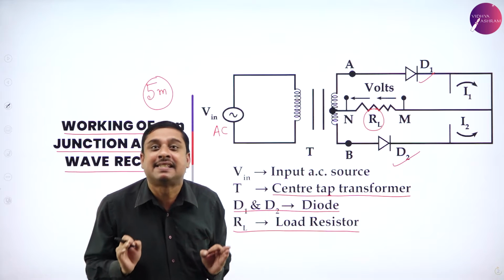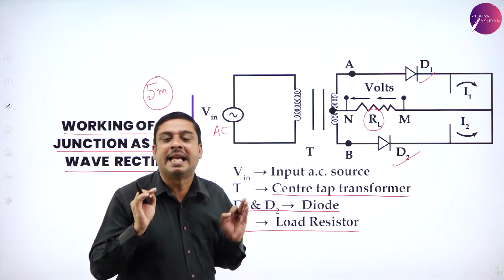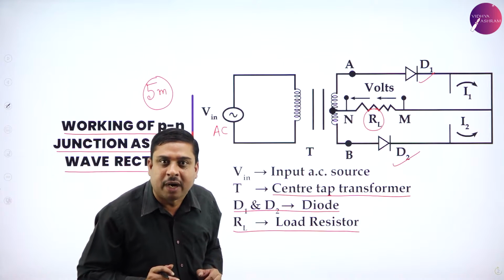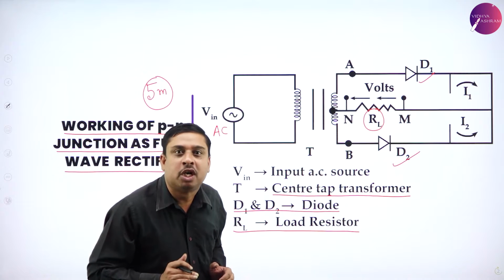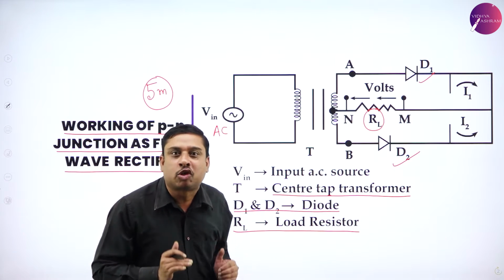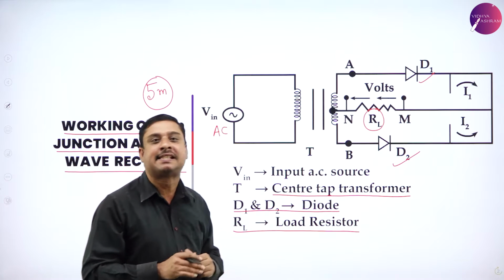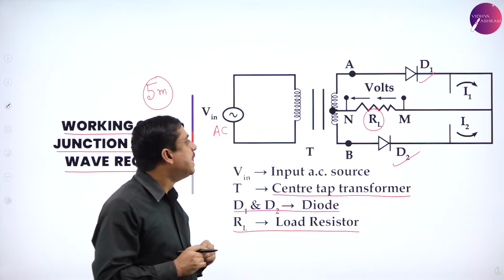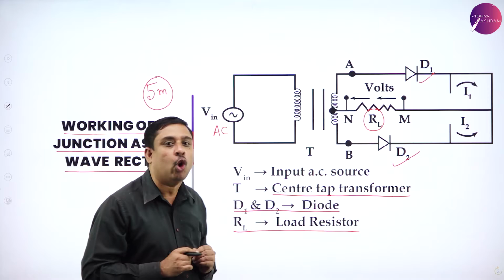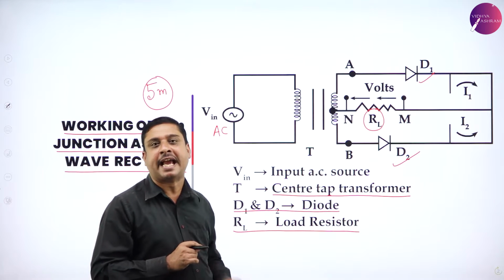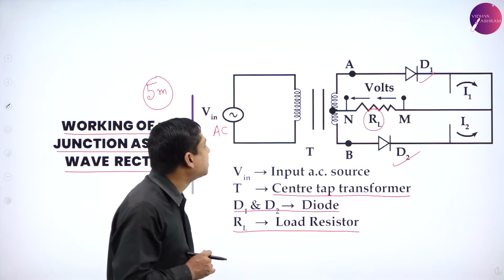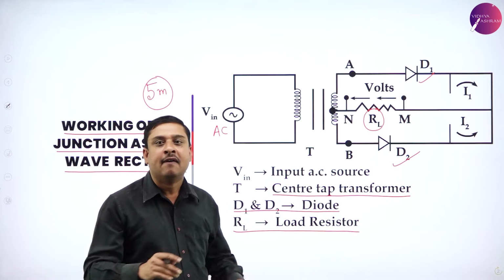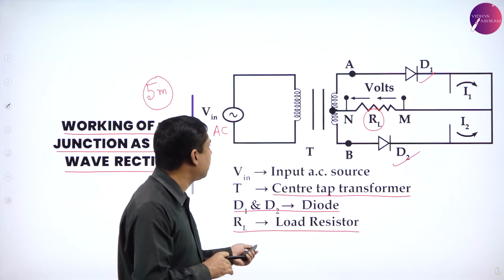The input AC that has to be rectified is fed to the transformer, and the output is measured across the load resistor, and we are using two diodes D1 and D2 for full wave rectification. Now,